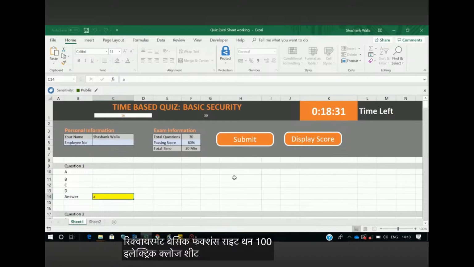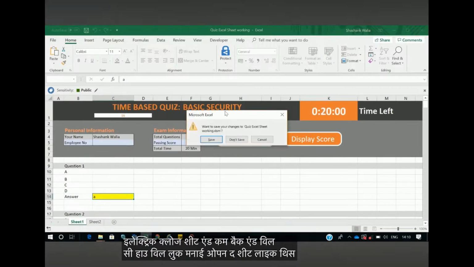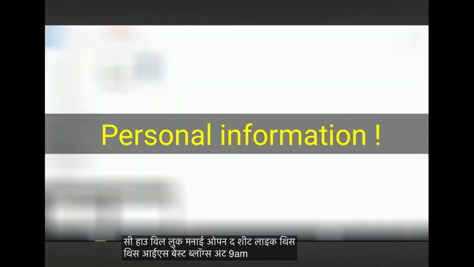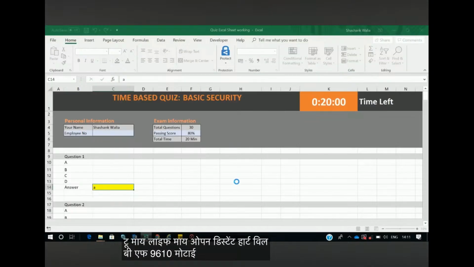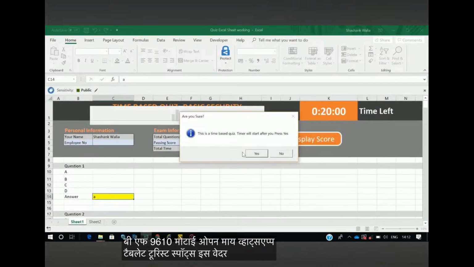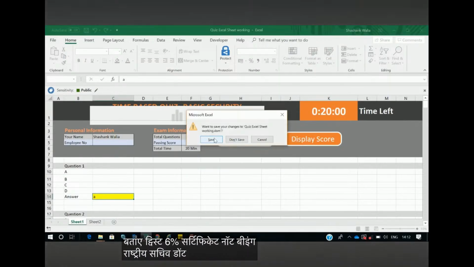So let me close this sheet and come back, and we'll see how it will look when I open this sheet, right? I saved it, closed it. Now I'm going back to my file and opening this sheet to see how it will behave. So the moment I open my worksheet, I will get 2 options, whether you want to continue or not. So if I hit yes, the timer will start as I explained, but if I hit no, it will ask you to save or don't save. So let it don't save. The sheet will close. Now we again open it,